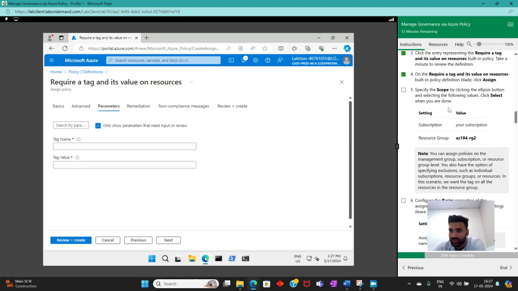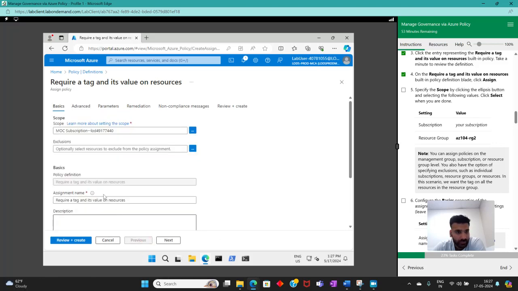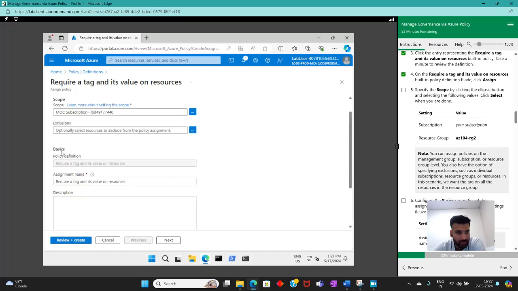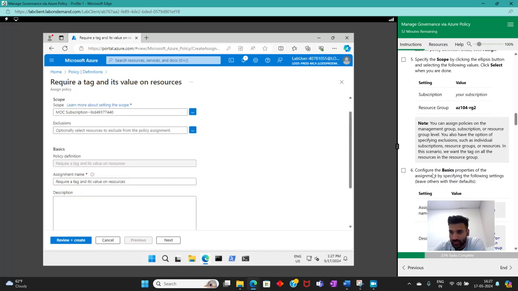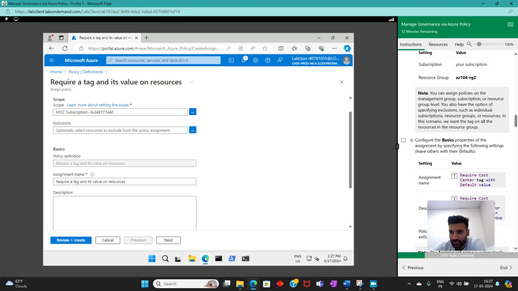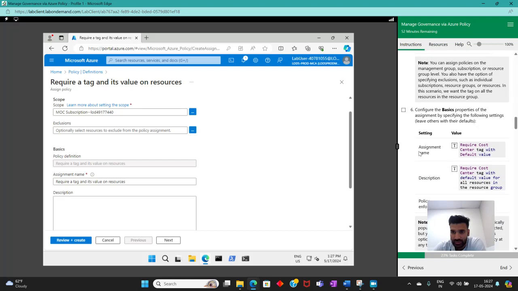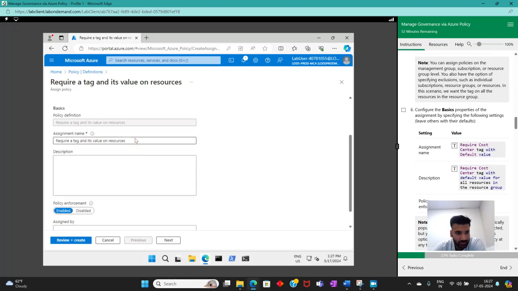Click select when you are done. So exclusions, nothing. Basics: configure basic properties of the assignment by selecting the following settings. Assignment name,